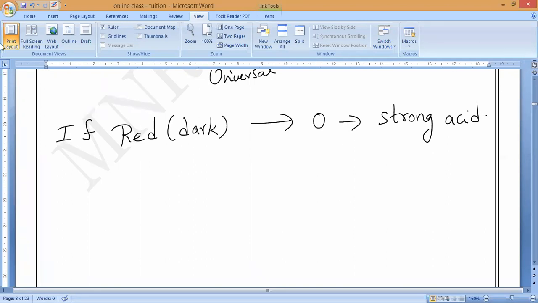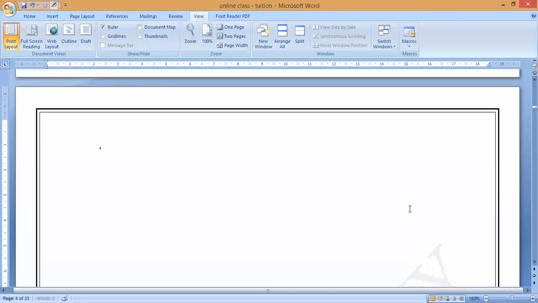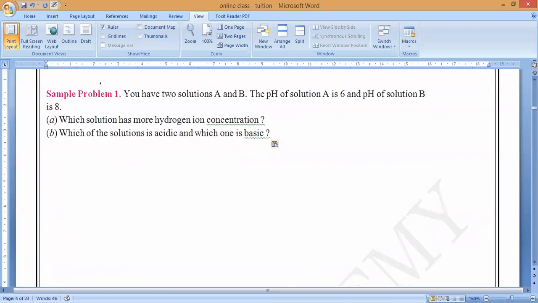Now, I will give you 3 sample questions. Let me see who will answer first. Shall we start? Everybody, don't say the answer. Write it in your classwork. Later I will ask, and then you have to say the answer. First sample question, I am displaying the question. You have to write the answer. Later, I will say the answers. Is it okay, all of you?